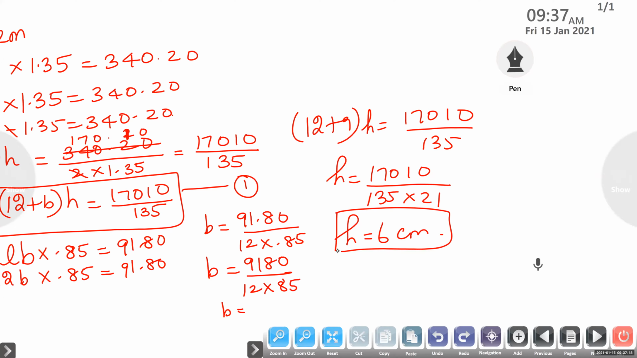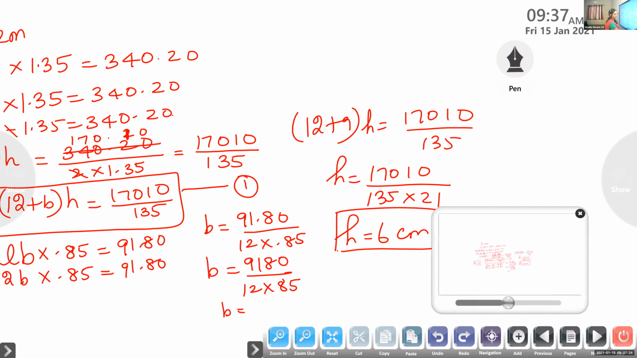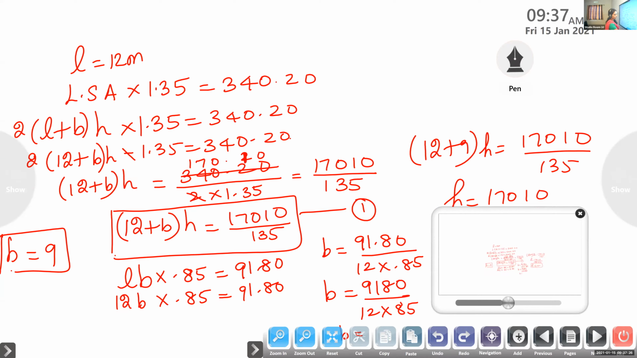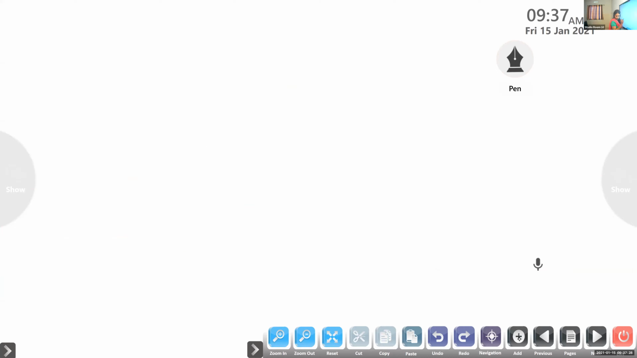Now write the next question, children. This model and all we have learned in our lower classes. Just for practicing, 1 or 2 questions we are doing here. Write the question. Find the area of the shaded region. And this is the figure given. One semicircle